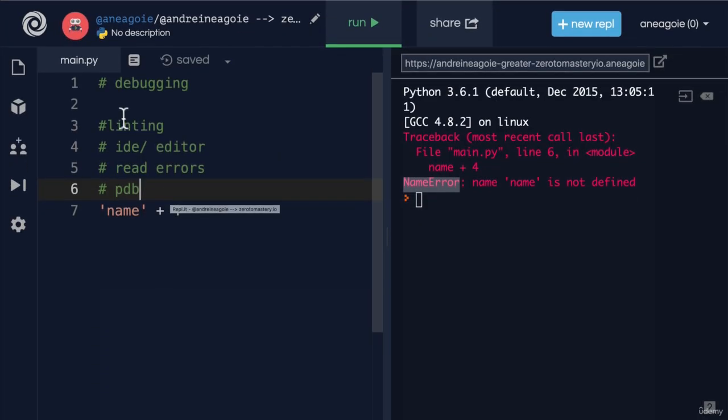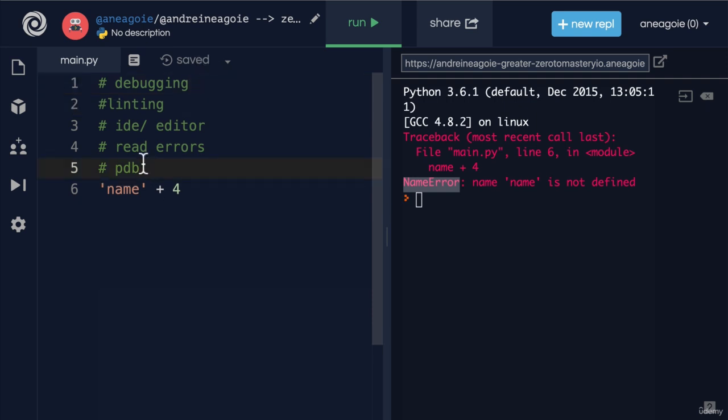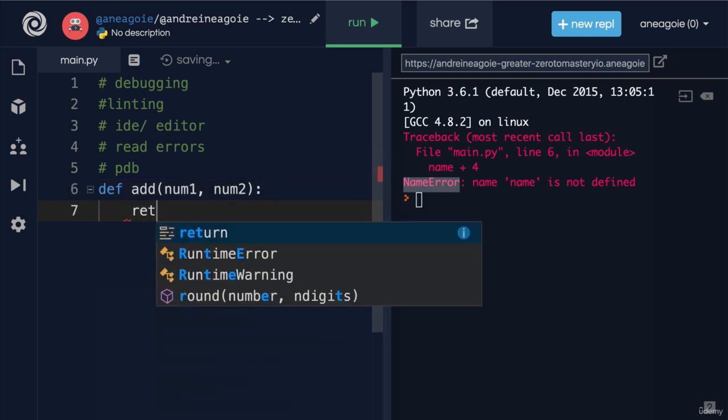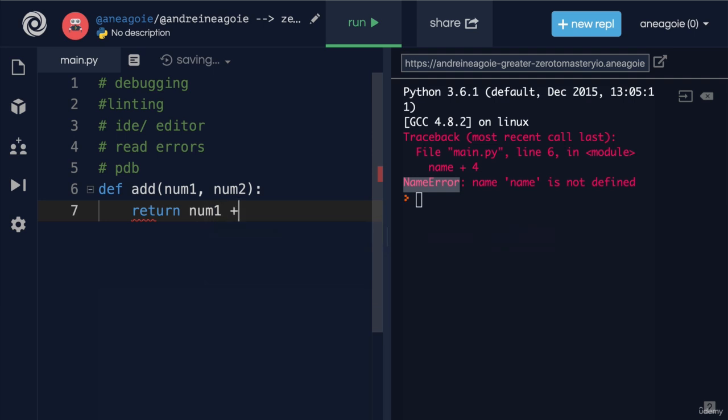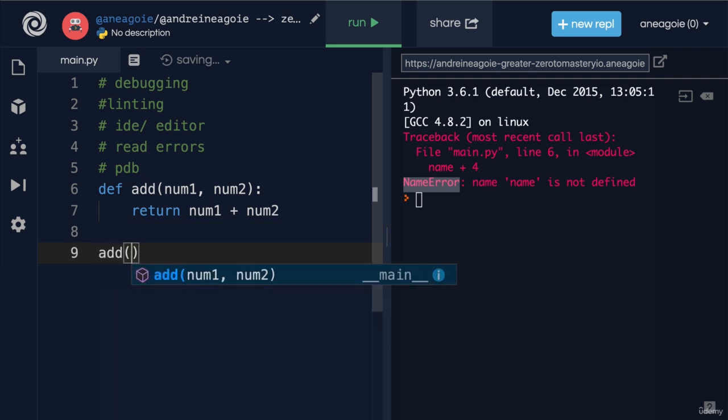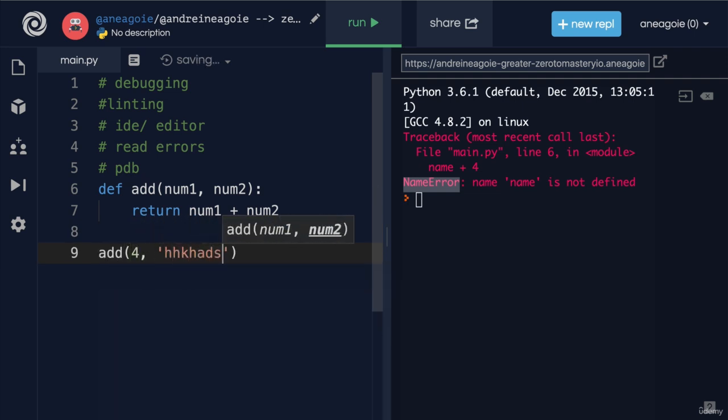You see, PDB is extremely useful because it allows us to interact with the code. So previously, let's say we have a function add, and we have num1, num2, and this function simply returns num1 plus num2. Now before, if we wanted to debug this code, and let's say we're adding 4 plus some gibberish, and it's giving us an error,